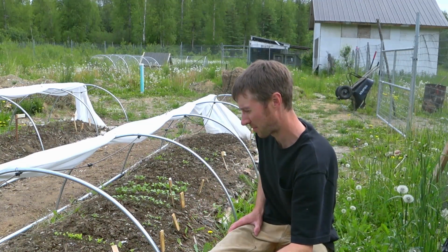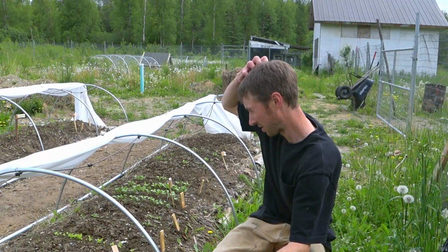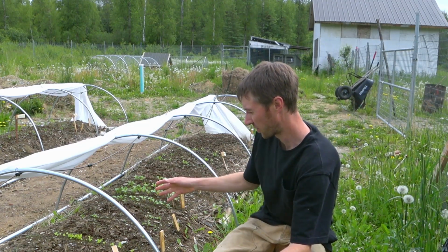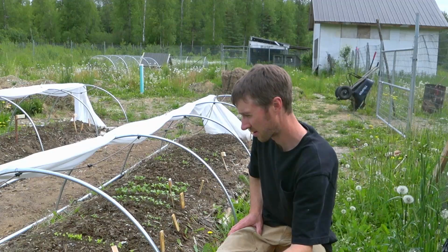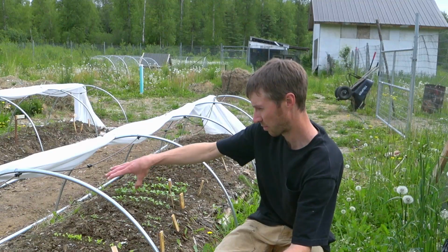Everything's pretty much come up and it's doing really well. The radishes are probably the best, looking the best, and they're actually going to be ready to harvest here in another week or so. And I'm going to go through and I'll do another row, so we have a kind of a delayed harvest of all the salad greens, and we'll do more carrots, and we'll also plant in this middle